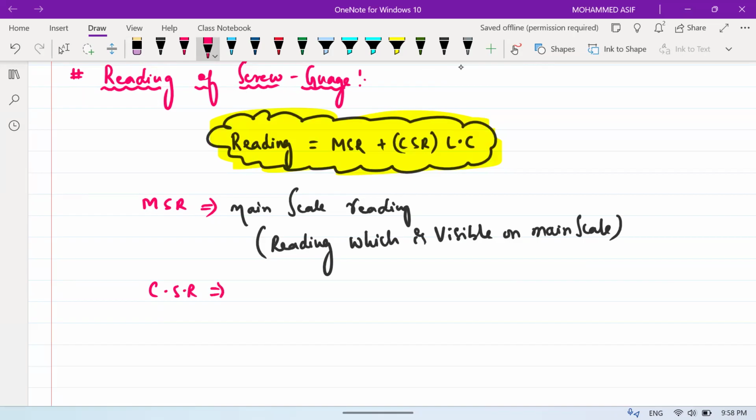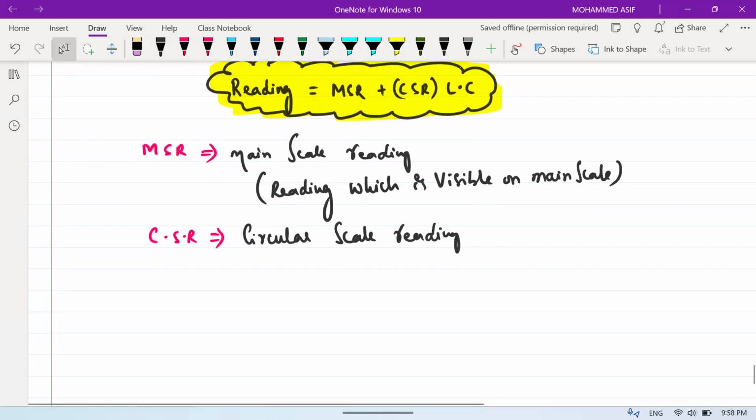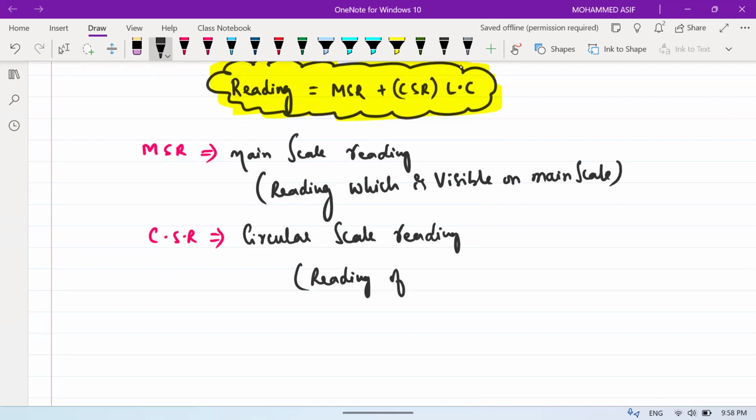CSR, what do you mean by CSR? Circular scale reading. Circular scale reading means the reading on the circular scale that coincides with the reference of your main scale. Am I clear? So what is this one? It is your reading of circular scale, reading of your circular scale that coincides